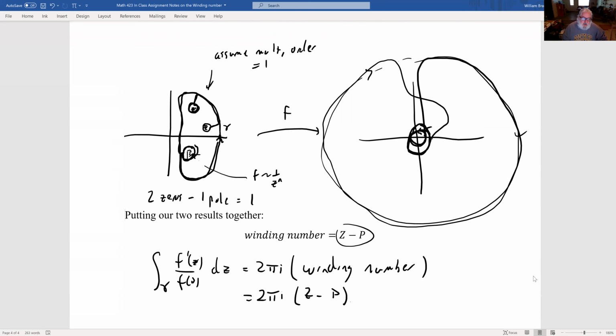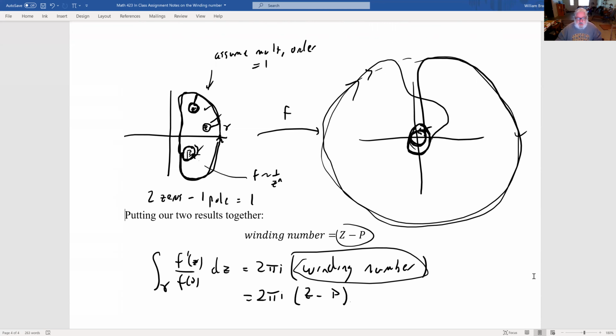So what does that mean? Well, your winding number is going to be 2, right? You go around the origin twice, once for each 0, and you go around infinity once, and going around infinity is in the opposite direction, and so that gives us a connection between the winding number and the number of